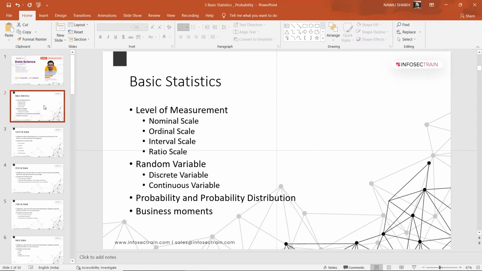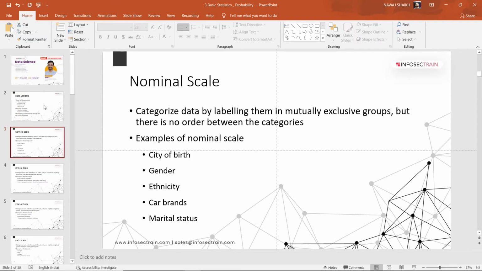We have four types of levels of measurement: first is nominal, then ordinal, interval, and ratio. In the nominal scale, we can categorize our data by labeling them in mutually exclusive groups. But here, there is no order between the categories.